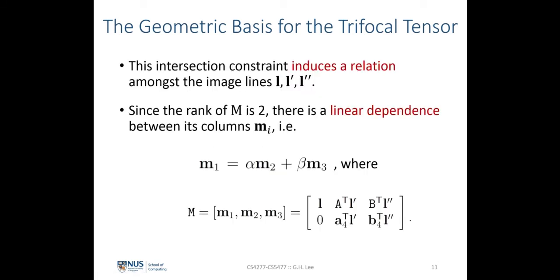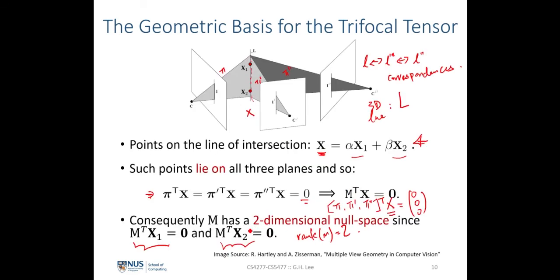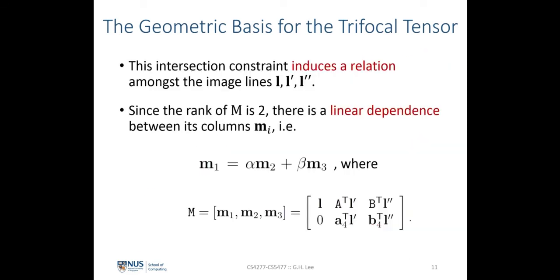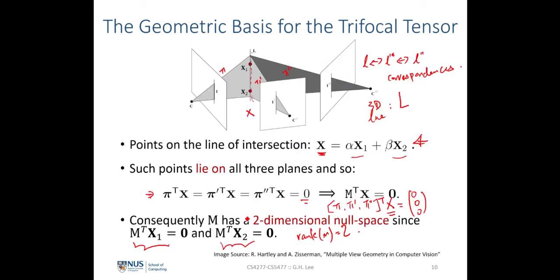And this intersection constraint that we have seen earlier on, the null space equation, induces a relation amongst the image line correspondences, which are L, L prime, and L prime prime. So I have mentioned earlier on that this is the correspondence. The reason why this gives rise to the correspondence is that this null space equation must be satisfied when